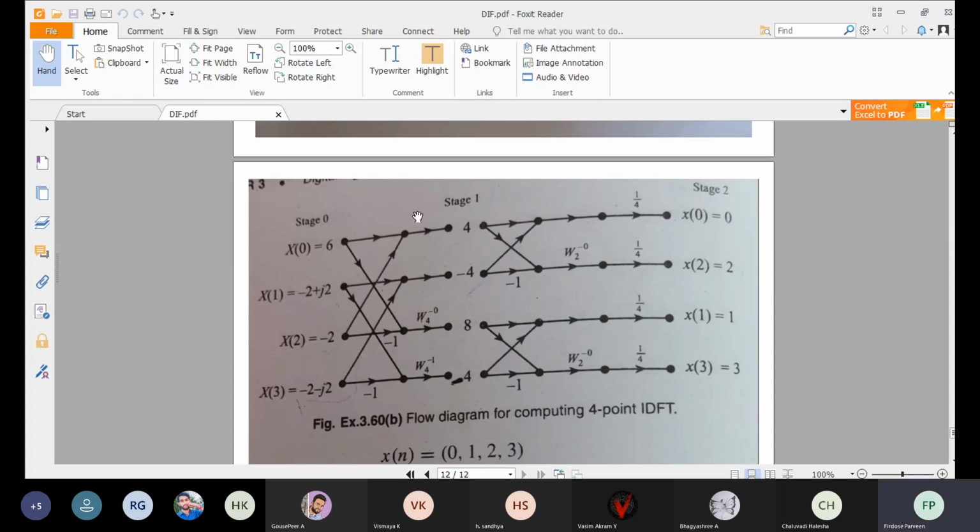So the same way, this one will be 4 point, this one will be 2 point. Since it is number of samples n is equal to 4, so we will be having 2 stages, one will be 4 point, then 2 point. Same thing here, you will be having a plus b, here you will be having a minus b into w to the power of r. Here you will be having a plus b, here you will be having a minus b, w to the power of r. Okay.